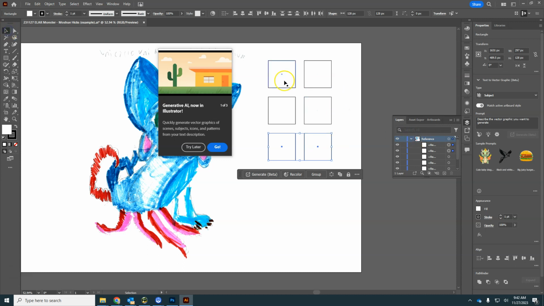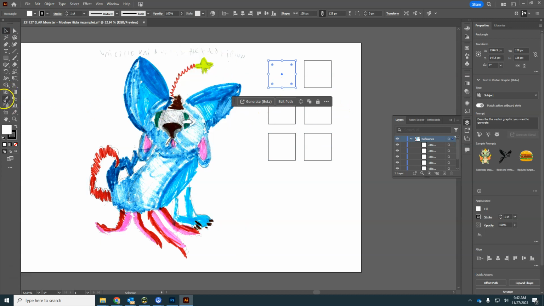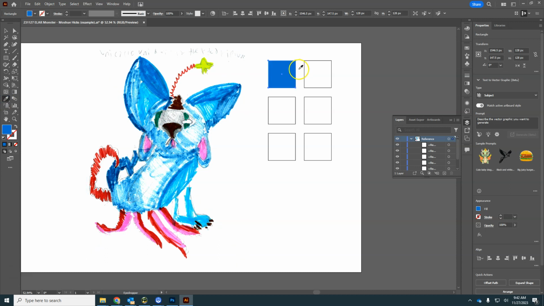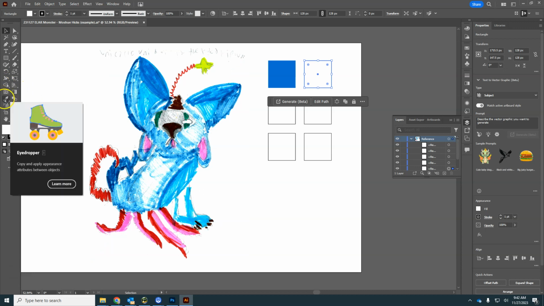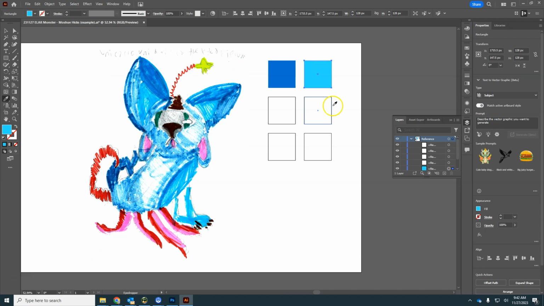And now by selecting that guy right there, let me get rid of that. I can now use my eyedropper tool and sample from my drawing. So I'm going to pick, there's my shade of blue. V is the selection shortcut, so I can just switch that really easily. I is the eyedropper tool shortcut, and I've got this lighter shade of blue that'll be like the insides of the ears and some of the other